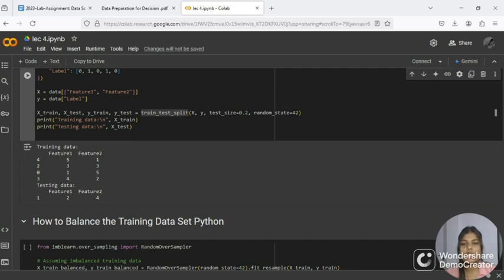And random_state 42 sets the random seed for reproducibility. This print function prints the train data features, and this print function prints the test data features. In this code, y_train and y_test variables are not printed, but they would contain the corresponding labels for the training and testing data respectively.